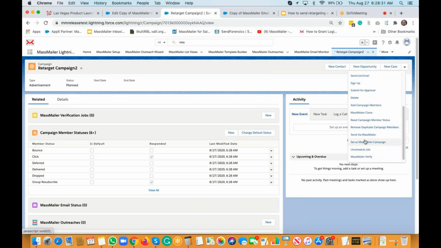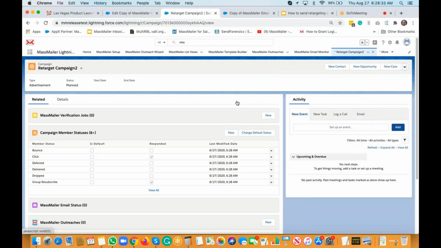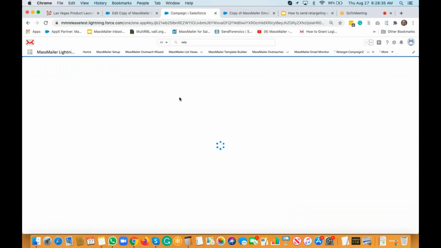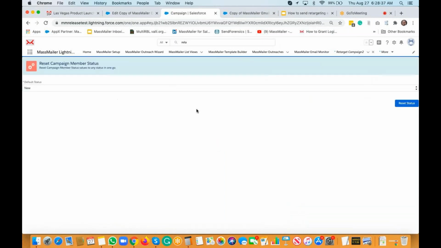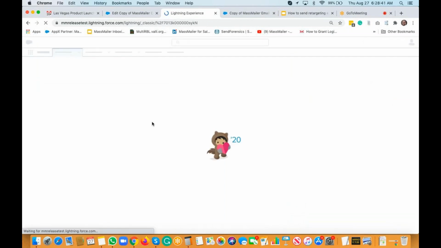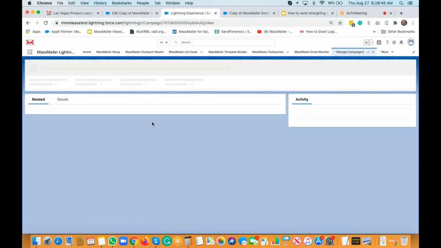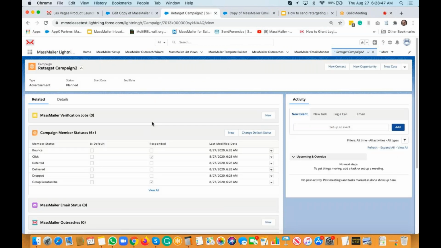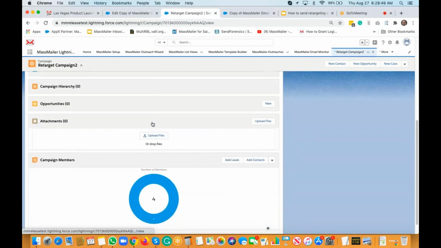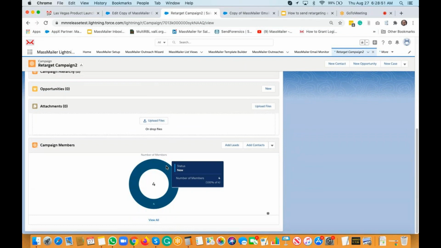So if you just go here and then reset campaign member status values to say new, I just have to say reset status, and that is going to reset all the status values of the campaign members to new instead of sent. That's kind of an advantage with the button, right? So now you can actually send another email to this list because this is a retarget list that we created